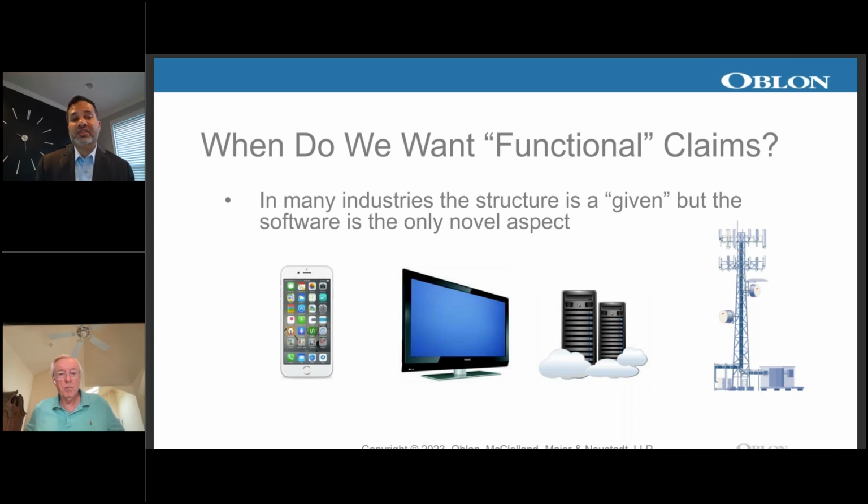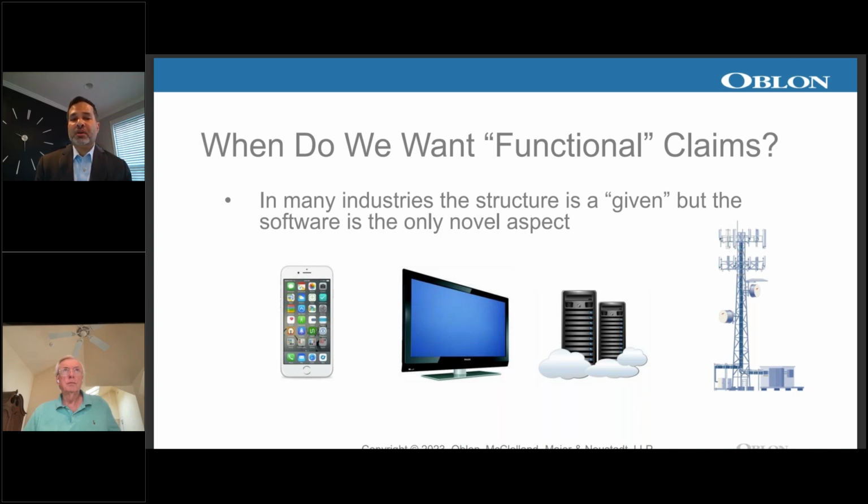One of the best examples is the smartphone. The smartphone is a device that has some standard features across the board. You've got your camera, your display screen, your touch screen, GPS functionality, all kinds of nice gadgets in this one device. What really enhances the device is what the app developers do with it, how they take those different structural features of the device and apply them for their own purpose. And that's the situation where the structure really isn't changing from phone to phone. It's what the software does with it that makes the actual functionality come alive.